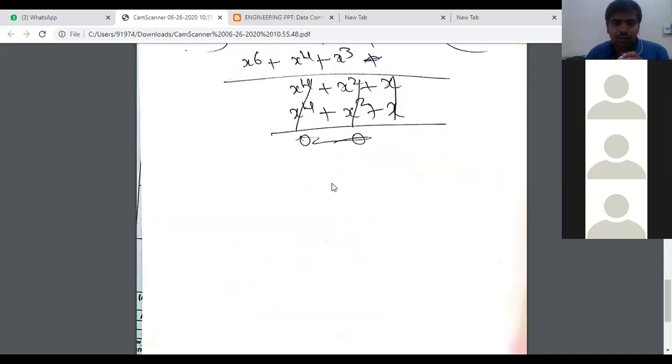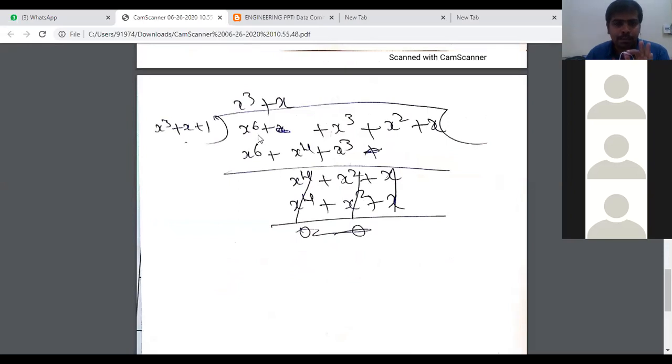Then at the receiver side, what you are supposed to do: take the updated one, that is x raised to 6 plus x cube plus x square plus x. Then again start the division, x into x cube, x raised to 6, then x into x raised to 4. Every time you multiply, you get x raised to 4. Then last x cube into 1 is x cube. Then neglect this term, then you will be left with x raised to 4 plus,